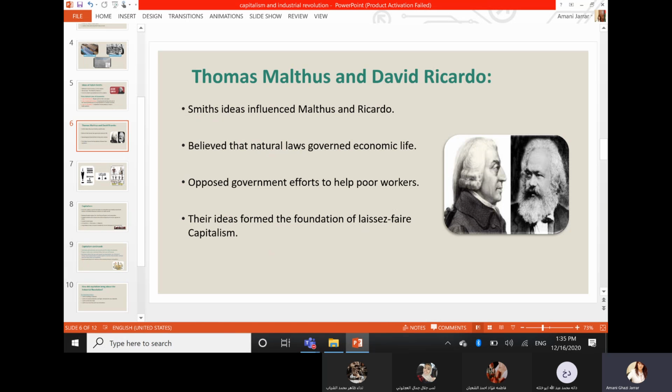So here we have a kind of opposition against the government efforts, saying that government efforts to help the poor workers are not accepted. Is it accepted or not? They raised this question. Should they be caring for that or not? Is it their role or not? That was the question. And their ideas formed the foundation of what was called later on, in French,